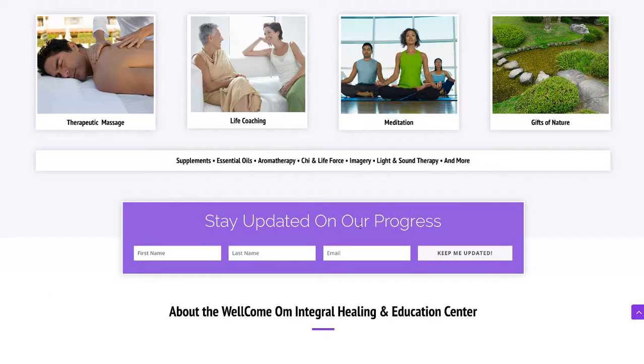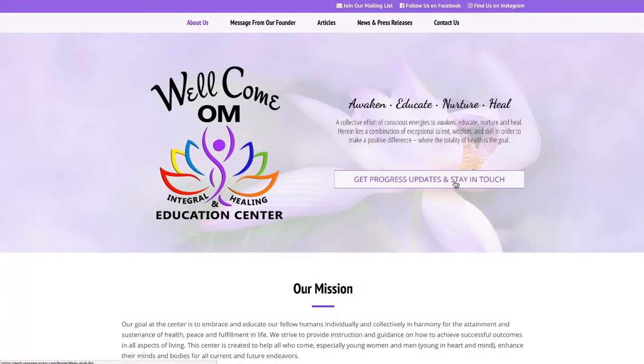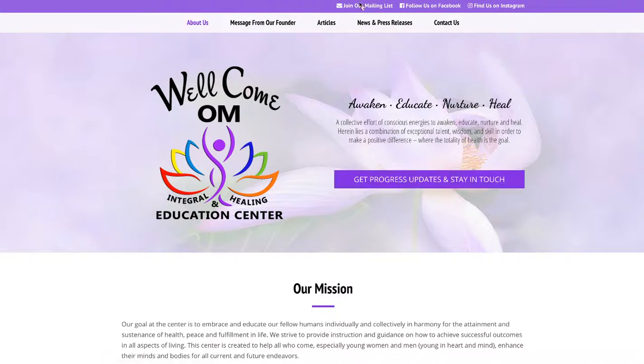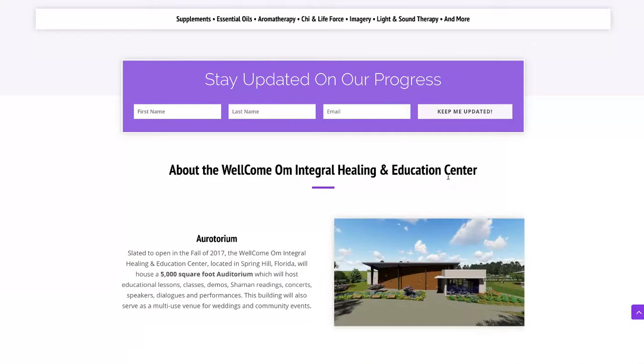And then we get into the sign up form for the newsletter, because I know that's going to be real important to get that newsletter list growing. And it is working. It does currently feed right into your MailChimp backend. I've tested it several times. And if you go back to the top here, if you click on this, join our mailing list, you'll see how the page scrolls down right to that,